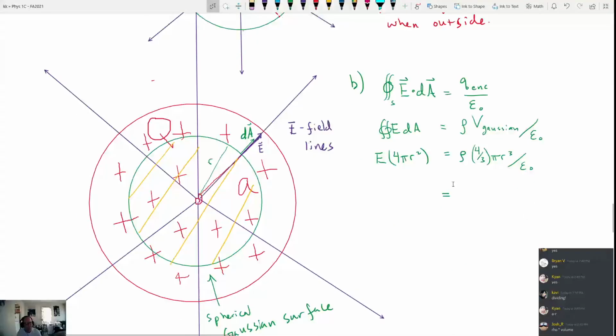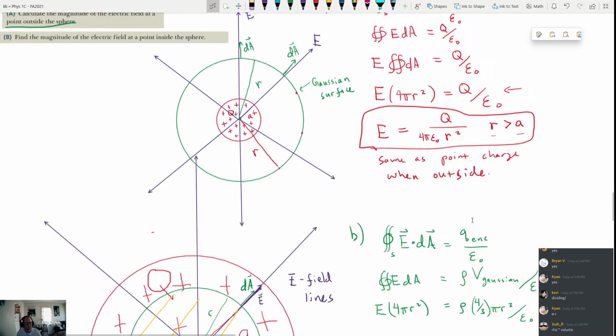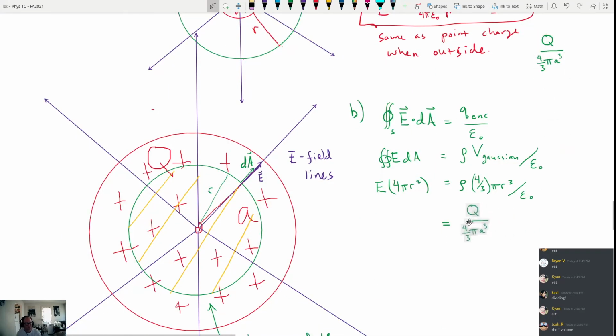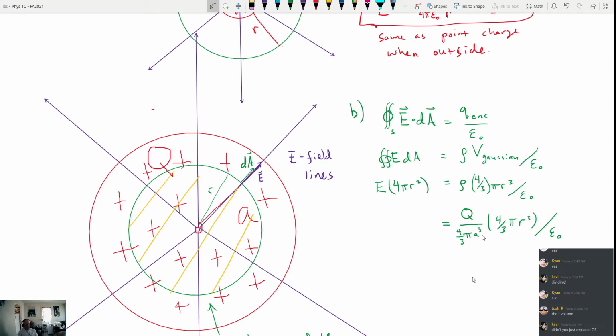So let's copy that and plug that in here. Come on, just click here. It's so stupid. All right, whatever. So we bring this down here, that's what rho is. And then we just have to multiply that times 4 over 3 pi r cubed. And now we can kind of see that it's a fraction of the volume that's showing up here, right? The total volume was 4/3 pi a cubed, and